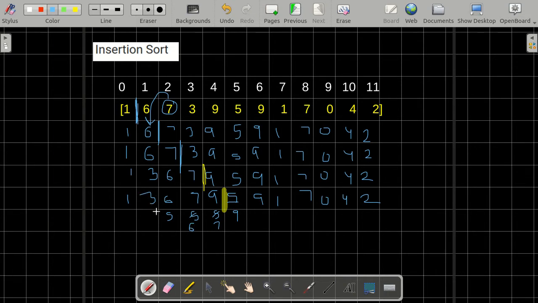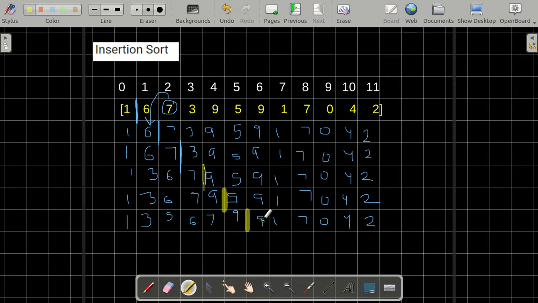Now over here 3 is smaller than 5. This means that 5 has reached its correct position. So in this pass our array will look like this. Okay, so now this part of the array is sorted.